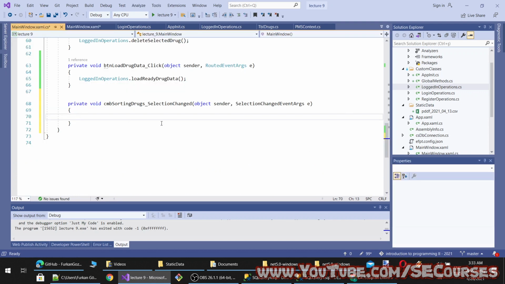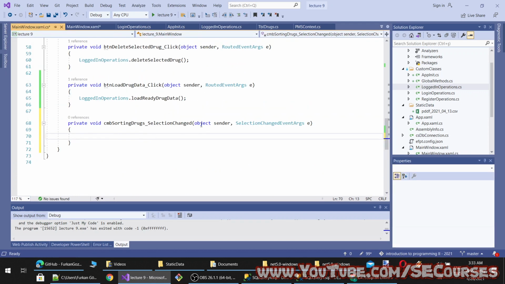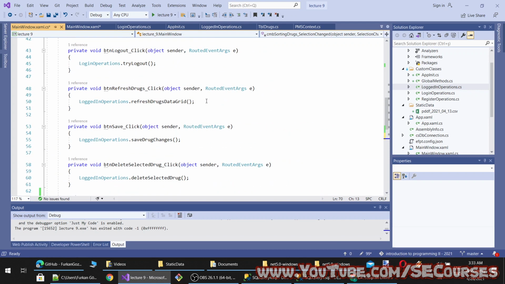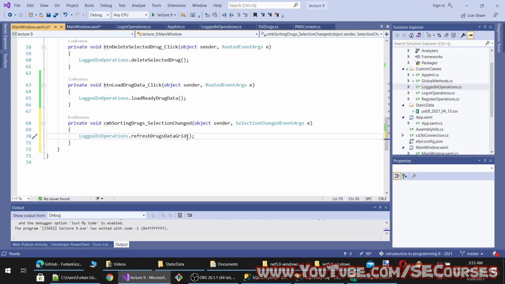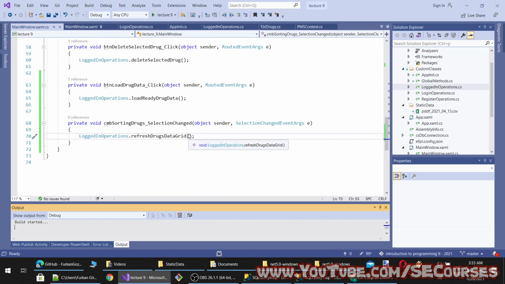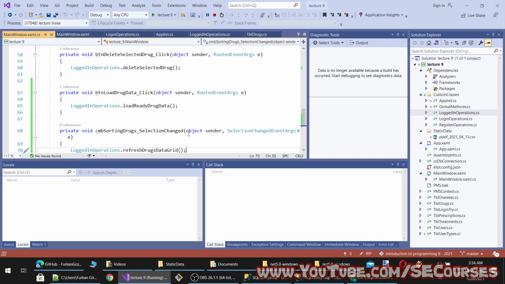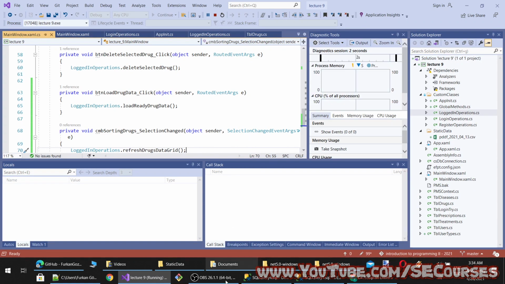I double click, the event is simply generated, and it will just simply call this method. You see how it is good to write methods instead of copy pasting code. It just reduces your code, reduces the need of writing more code.